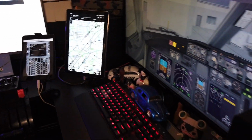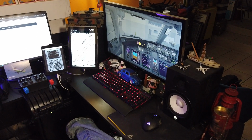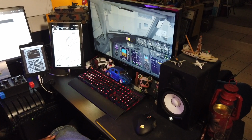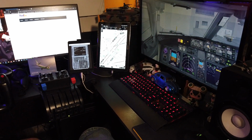My main screen, I got this guy a while ago. I paid like, I think like 300 bucks for it when they first came out. They're a little older now, but it's still a 4K monitor. It looks great. As far as my system goes, I spent probably like about